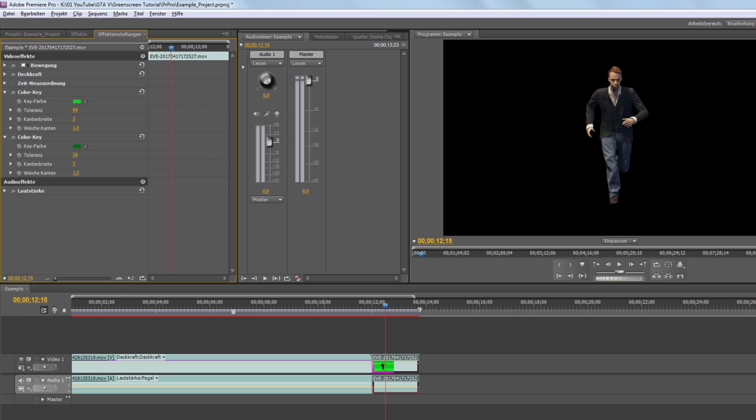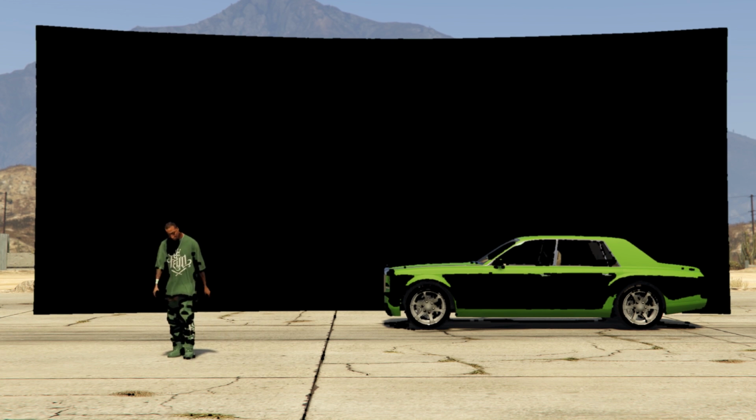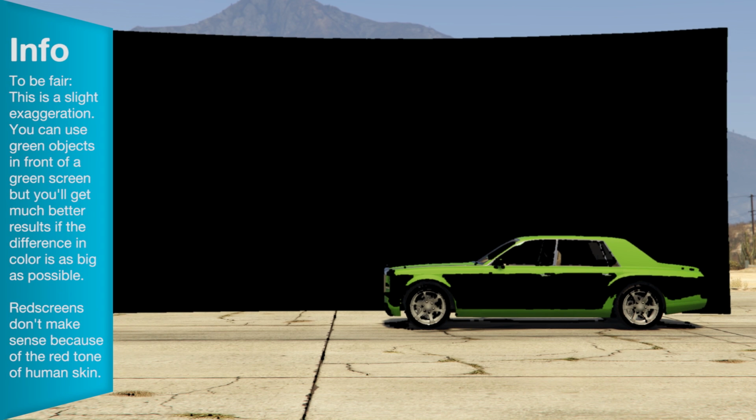This also means that you should not try to record green cars or people with green clothes in front of a green screen. So don't try to make a movie about the Grove Street family. Aww. There is a workaround for this too. You can take one of the green screen objects and change the texture from green to blue.